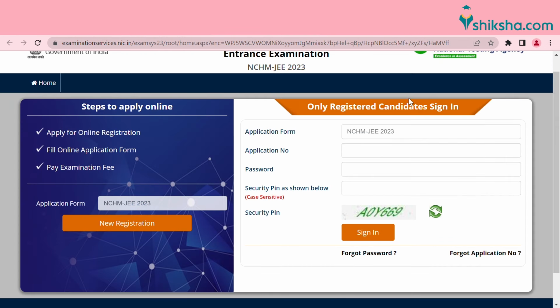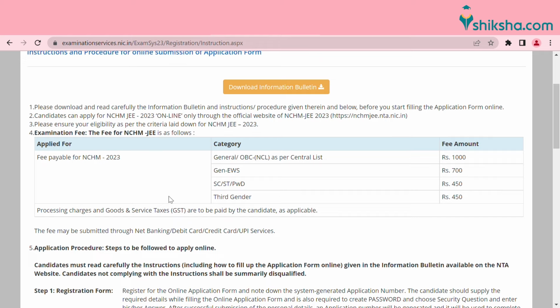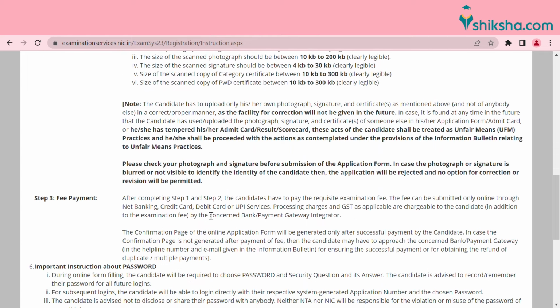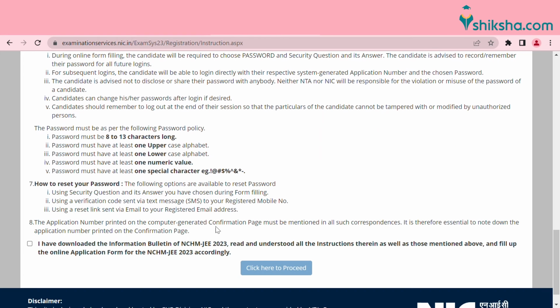Candidates first need to register for NCHMCT JEE by clicking on New Registration. A new page will open up where candidates have to go through all the instructions to fill the application form. Read all the instructions carefully for filling up the application form and then click on I agree declaration and proceed